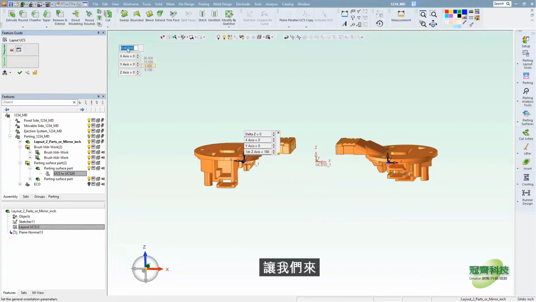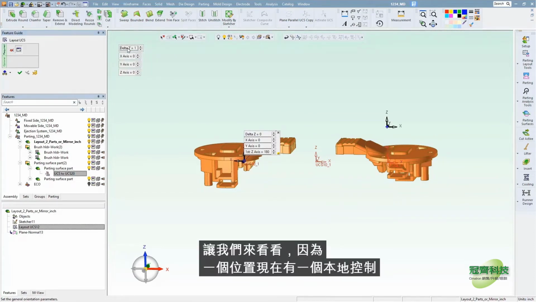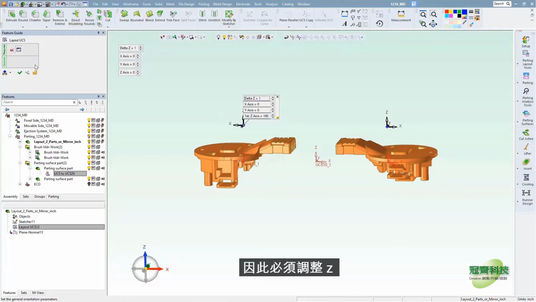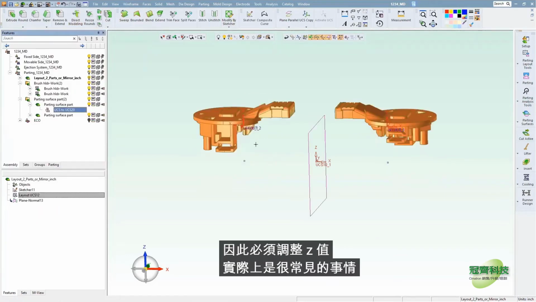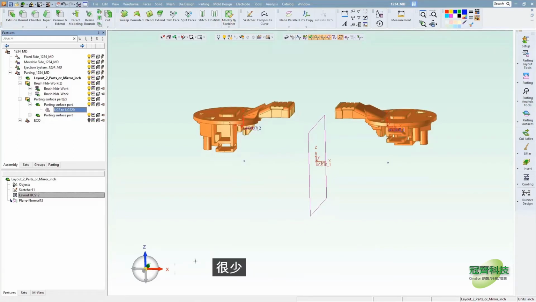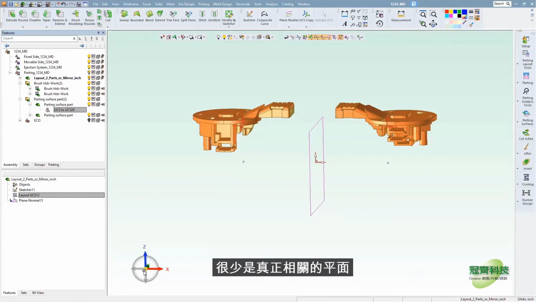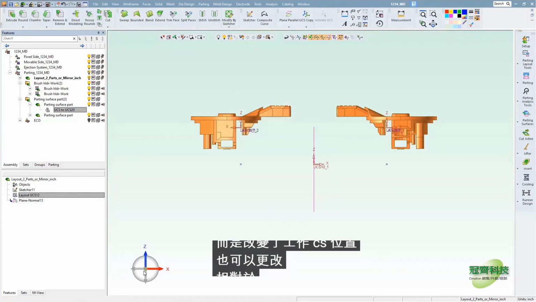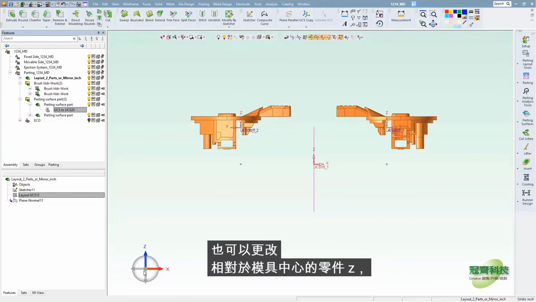Let's take a look at that. Because one position now has a local control, I'll actually have to add that in twice. So having to adjust the Z value is really a common thing. In fact, it's needed all the time practically, because the dead center of the part in Z is rarely ever a really relevant plane. But changing the work CS location can also change the part Z relative to mold center. So,